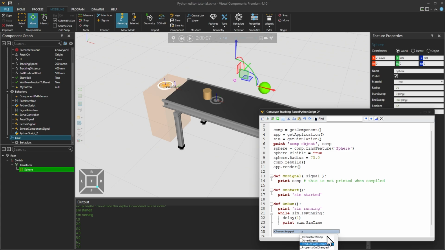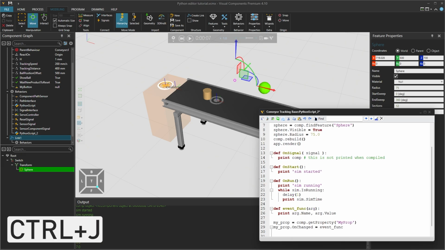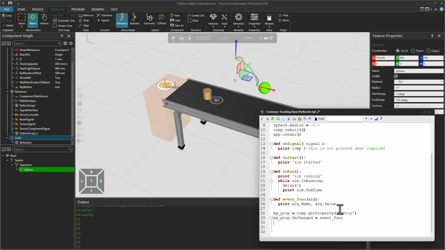Remember that we can also use the keyboard shortcut Ctrl+J. This snippet will create an event function for us, event_func, a property handle myProp, and then register the property onChanged event to the function call. Let's now change the property handle name to ball radius.